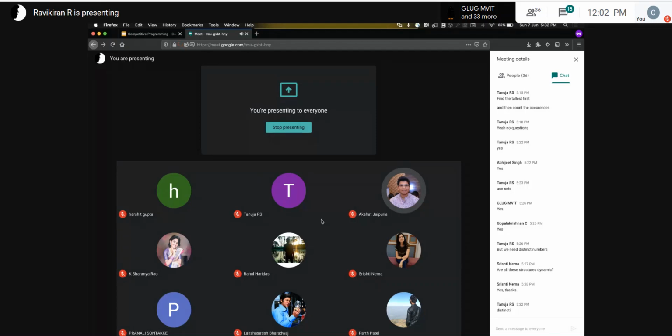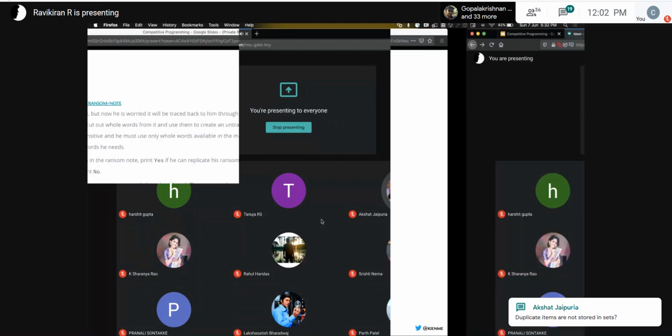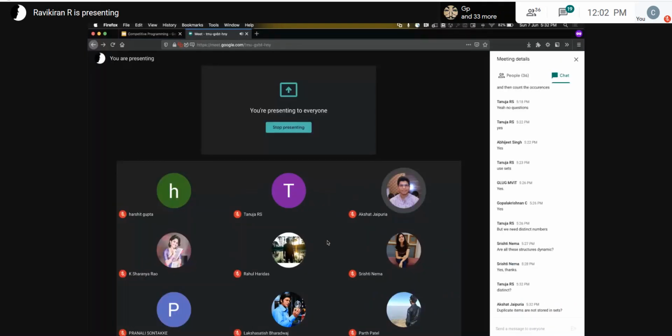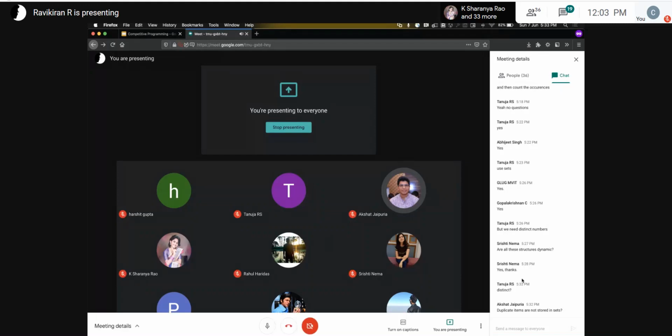So the question is, why should you not use a set in this example, and why should you use a map? Duplicate items are not stored in the set. That's true. Okay, I think you have the idea.